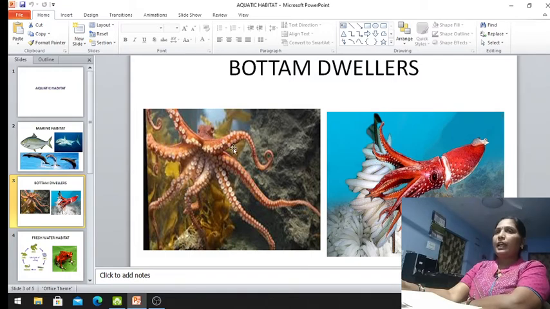Eight hand-like structures are there, that's why it's also called an octopus, and it is a squid. Both are attached to a substrate at the bottom of the sea or ocean. So they are also known as bottom dwellers. So that is the habitat there, that is the adaptation which is suitable for them, attaching to the substrate, and